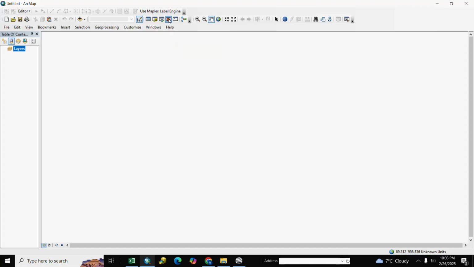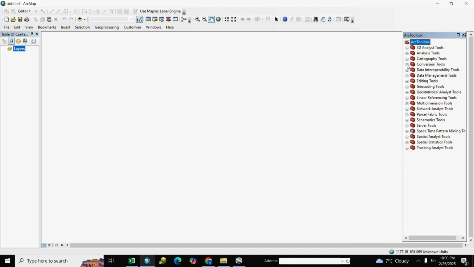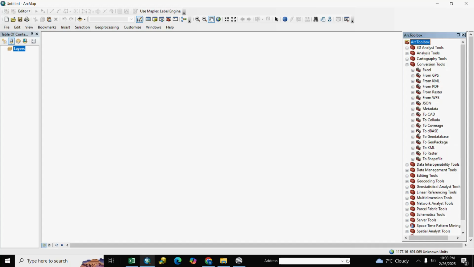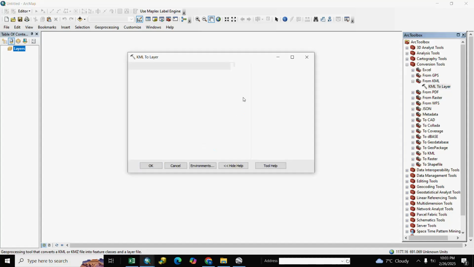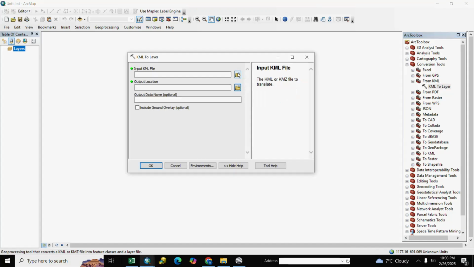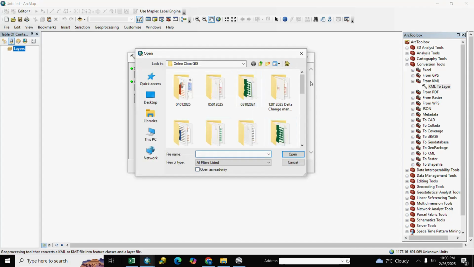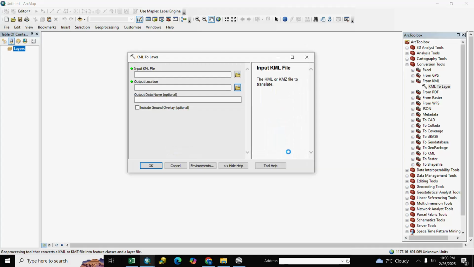We go to ArcToolbox, go to Conversion. From KML, we select KML to Layer. We select the KML file, open and OK.